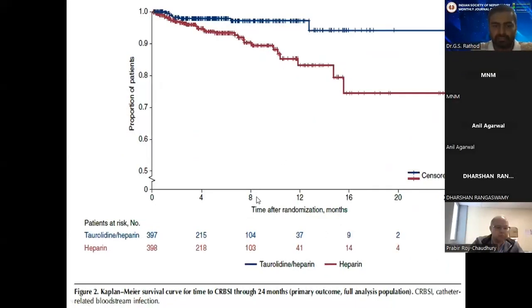This is the Kaplan-Meier survival curve for time to CRBSI through the whole 24 months. Here we can see the proportion of patients at risk initially, which were 397 and 398, and with the gradual progression of time, the red line shows the patients who are given heparin, while the blue one shows the patients who are given this